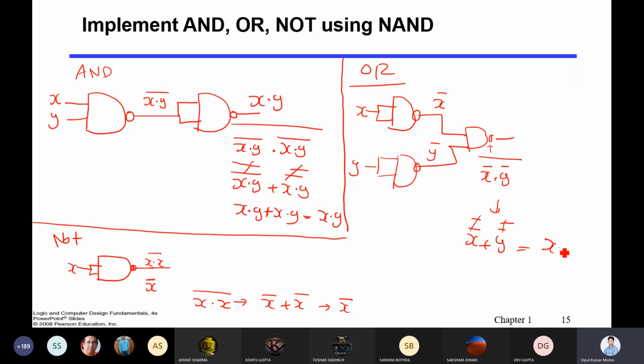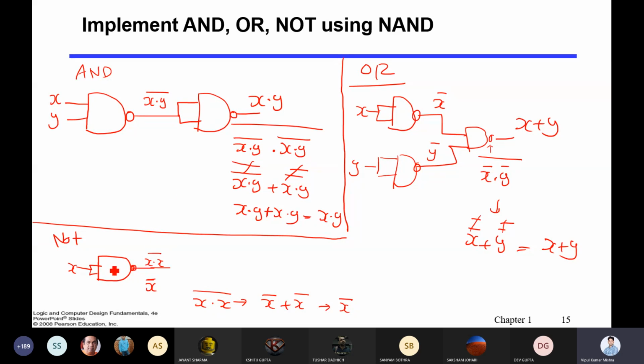What you will get at the end? X plus Y. Ready? So in that way you are getting X plus Y. Now you can say using two gates you can represent the AND.